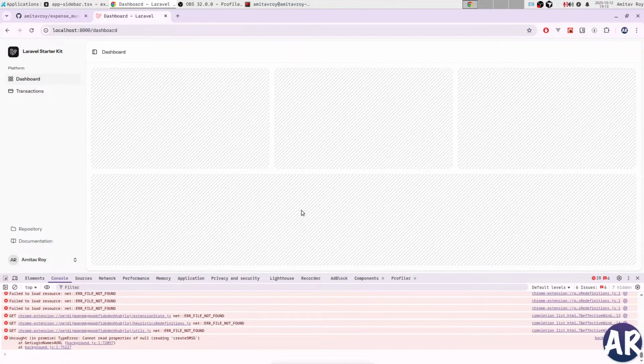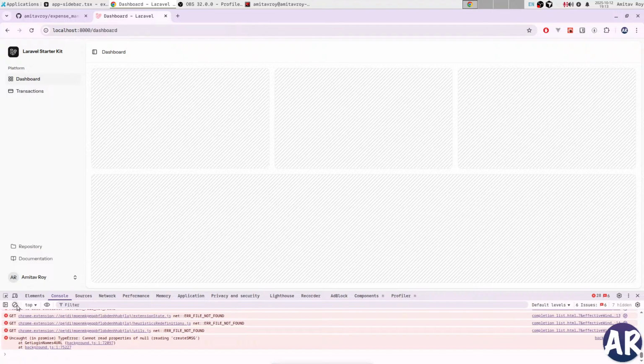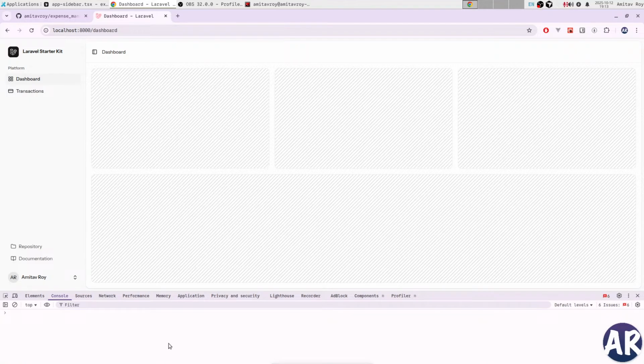Dev to dev is asking, hi, are you using Inertia? Yes, I am using Inertia JS. This is the starter kit, Inertia plus React. So Inertia, React, TypeScript, Tailwind. Okay,